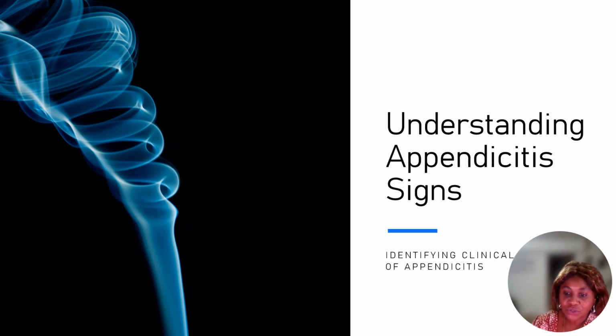Hello, urgent care folks. This is some clinical indications why patients are coming in with acute abdomen, and we want to differentiate to make sure that we triage them appropriately, make sure they go to the right place, get treated immediately, and get them better. So let's understand these appendicitis signs